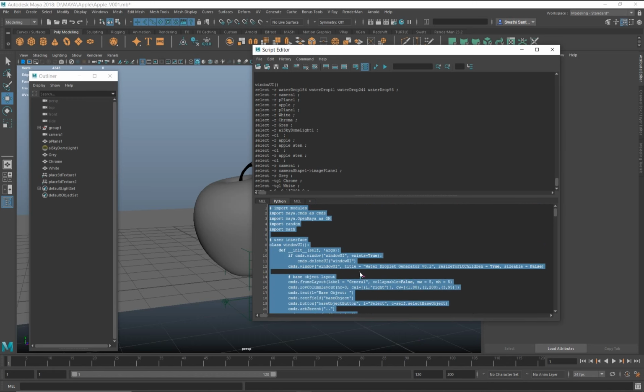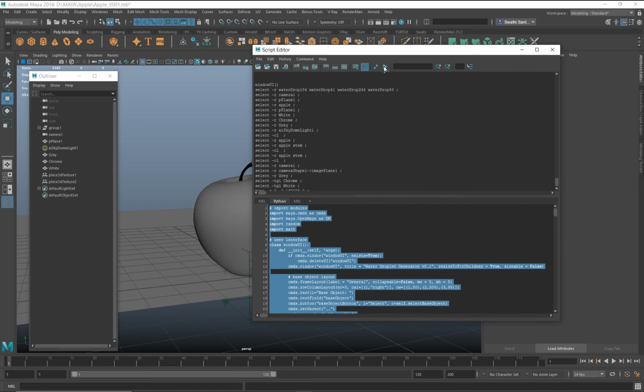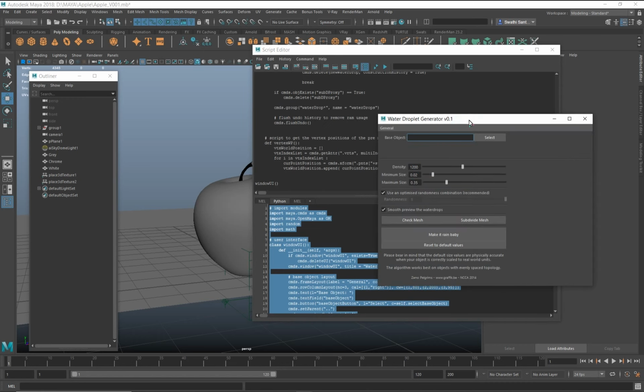If I press Control A, it will select the whole script, and then I can execute by clicking the execute button, or just pressing Control Enter on the keyboard. So I'm executing the script now.